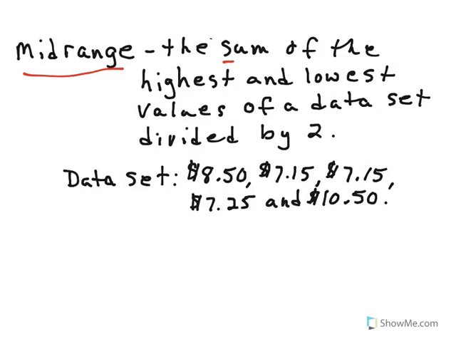Mid-range is the sum of the highest and lowest values of a data set, then divide by 2. Our data set is $8.50, $7.15, $7.25, and $10.50. The mid-range then